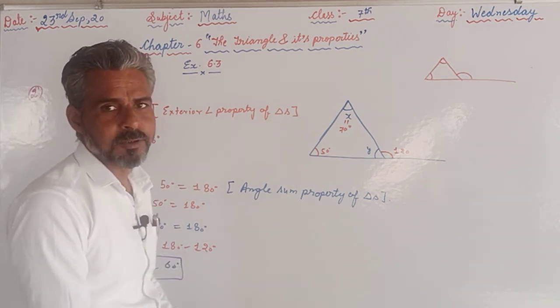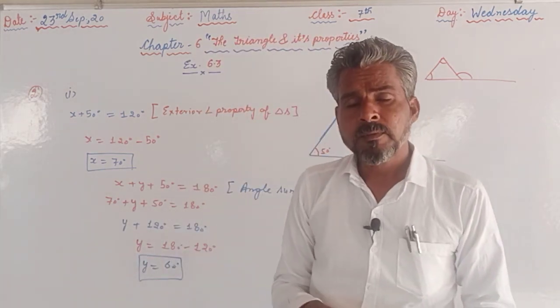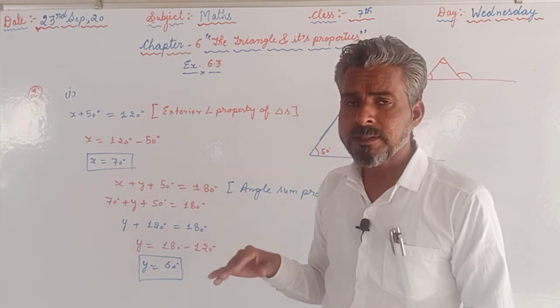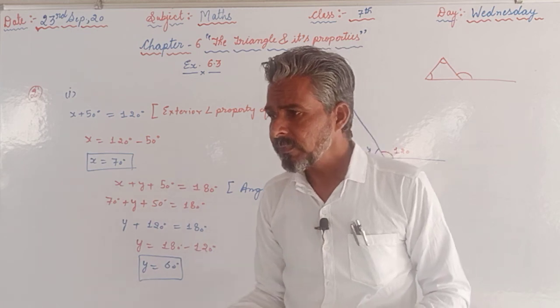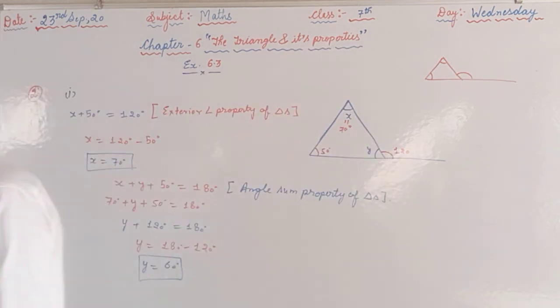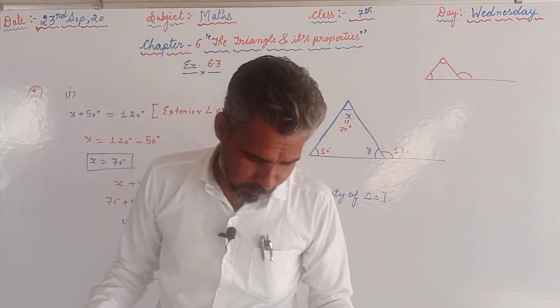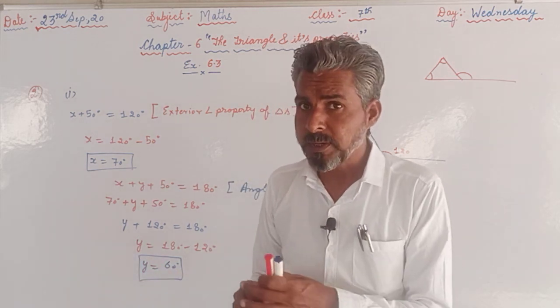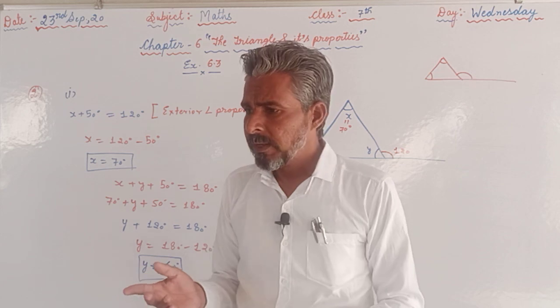So like this you are supposed to proceed with the questions of this exercise. First of all, you have to repeat all the questions we have done today in the video. At the same time you are supposed to try some of the questions, the parts given in question number 2. We have done only one. The second part is there, third part, fourth, fifth and sixth. So you are supposed to try the remaining parts. If you face any kind of problem or if you have any kind of doubt, then you can message us or even call us. If required, we will include your doubts in the next video.